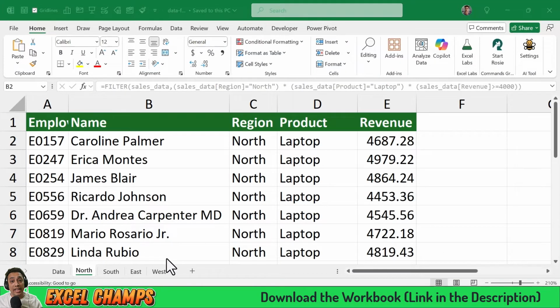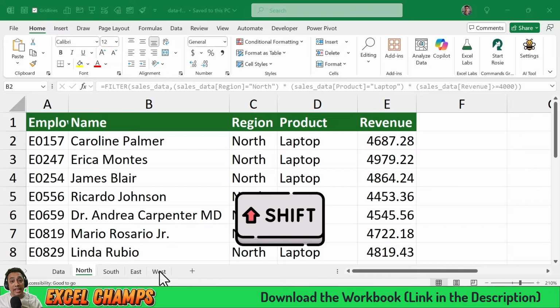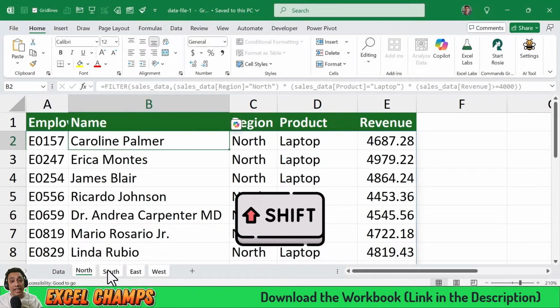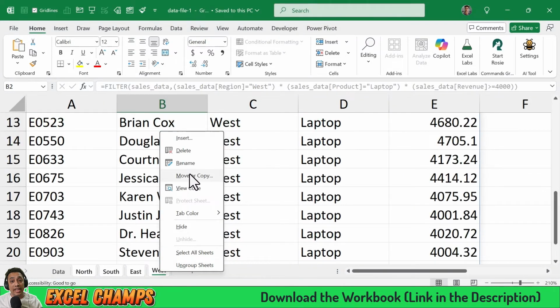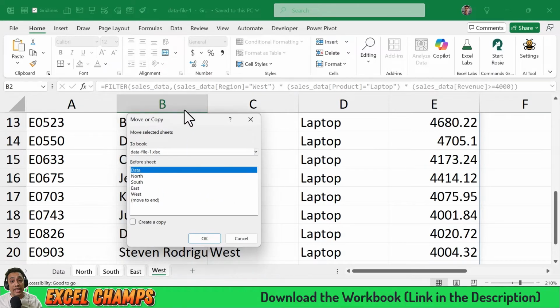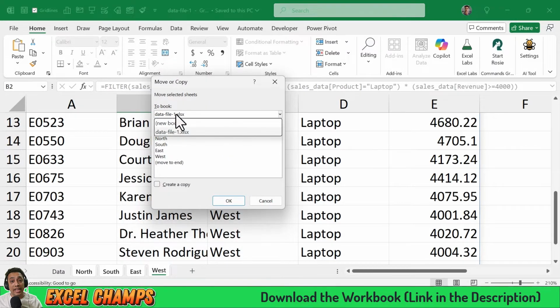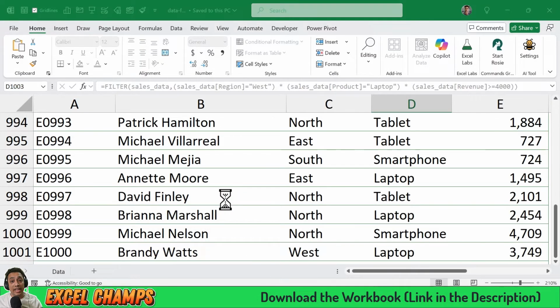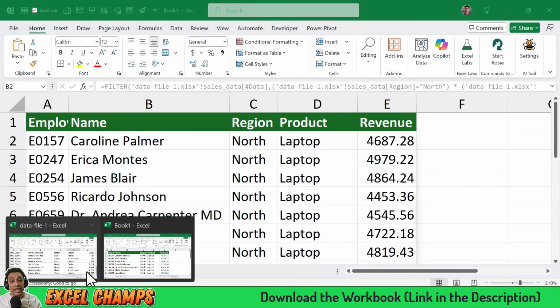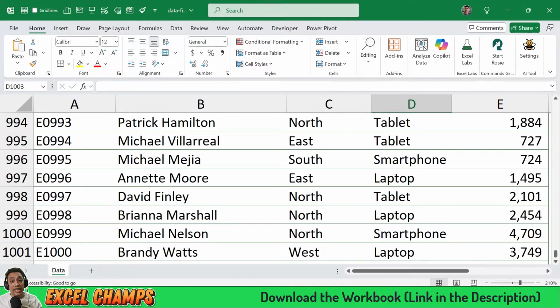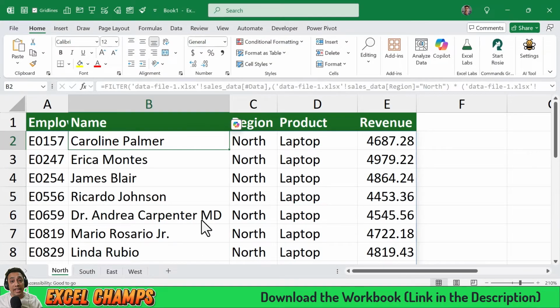And now in the end, I'm going to move these worksheets to a new workbook. So I will press and hold the Shift key and select all the worksheets. Now I'm going to right click and click on Move or Copy. From here, I'm going to select a new workbook and click OK. And now I have two workbooks. One is with the source data, and one with all the worksheets where I have data dynamically with multiple